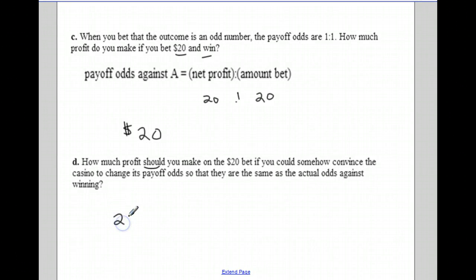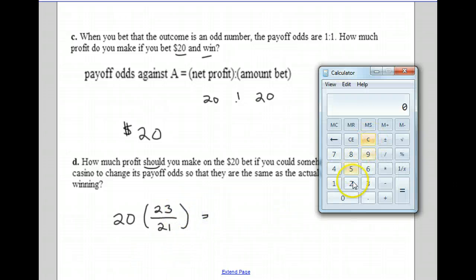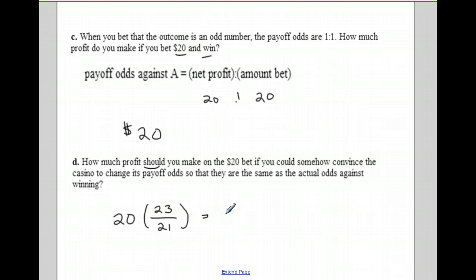If we multiply this $20 times 23 over 21, $20 times 23 divided by 21, I should be getting about $21.90 for that $20 bet. Alright, but because they're not counting the 0 and the double 0 in there, they're giving me $20 back instead of 21, and they're going to keep that $1.90